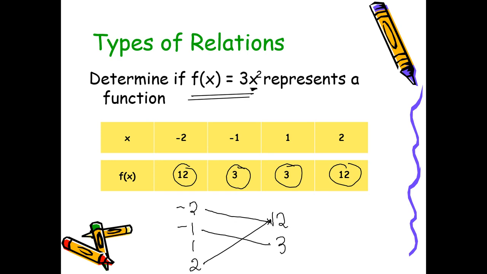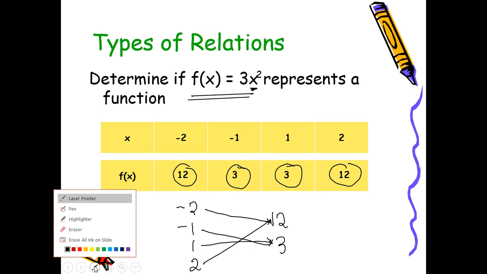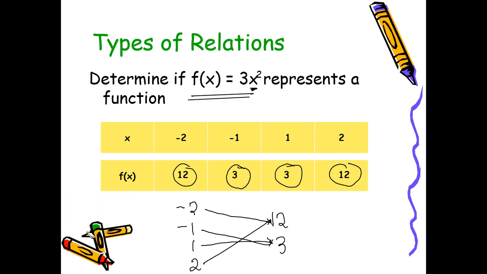Ganun din si -1 kay 3 siya, then si +1 kay 3 din. So kung mapapansin ninyo mga anak, dalawa yung element sa domain, tapos isa lang yung corresponding range nila. Kagaya ni -2 tsaka ni +2, pareho silang nasa domain, pero yung range nila isa lang, which is 12. So ganun din po kay -1 tsaka kay +1 na 3. So this example anak, this f of x is equal to 3x squared, this is a many to one